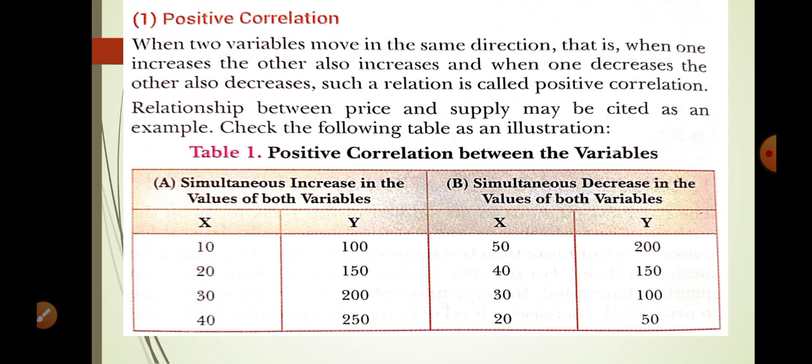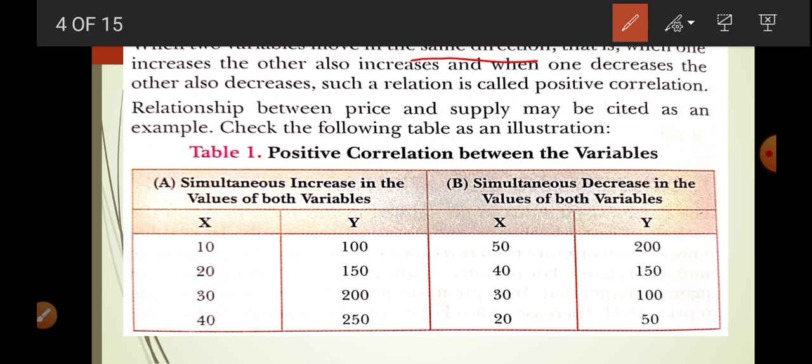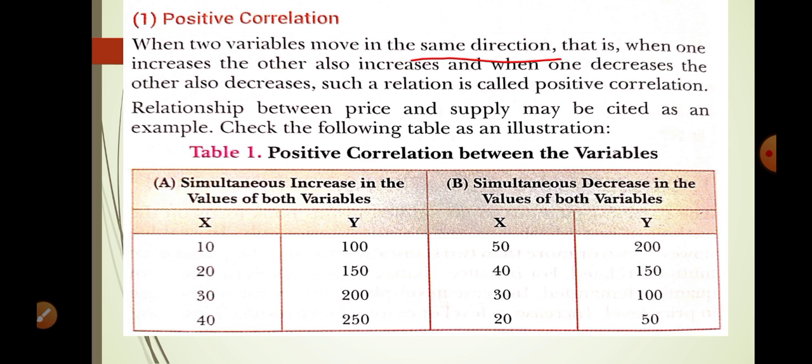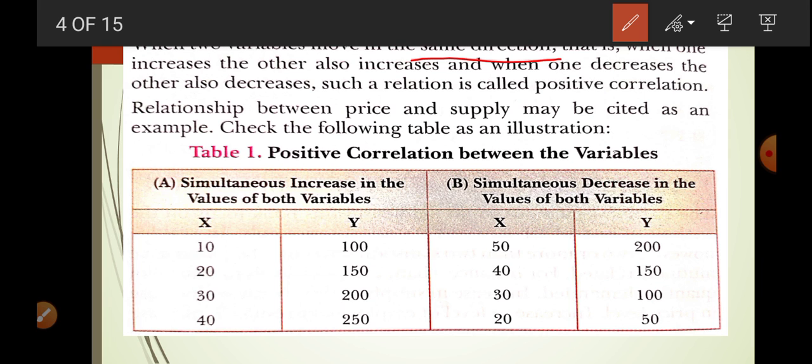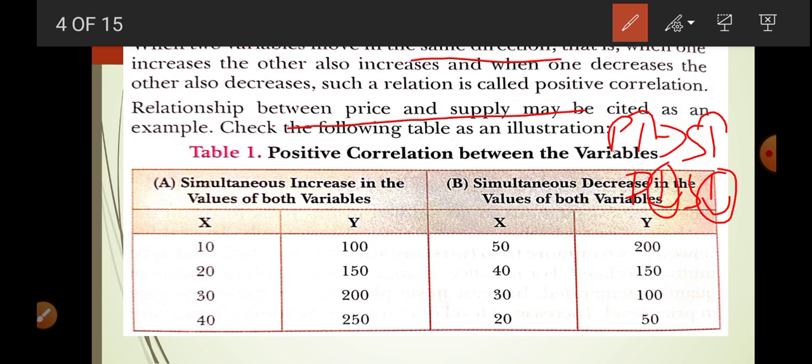Positive correlation is what? When two variables are changing in the same direction, that is known as positive correlation. Like the law of supply. Its example is the law of supply. The law of supply states that when price increases, in response supply increases. If price decreases, supply also decreases. So what we find is that the direction of change is the same. That is, if there are two variables x and y, if one is increasing, the second is also increasing. If one is decreasing, the second variable is also decreasing.